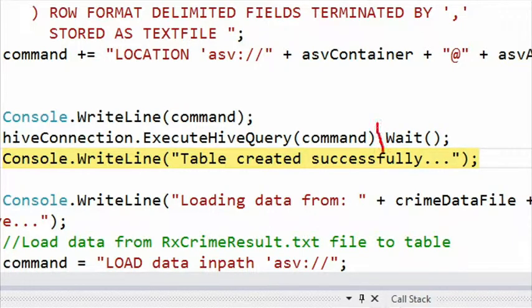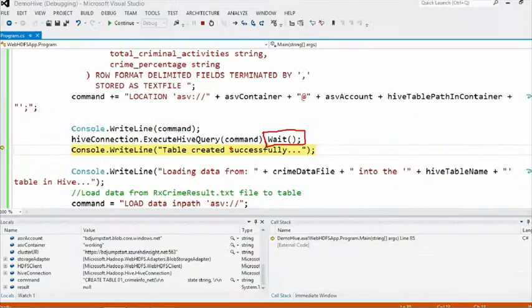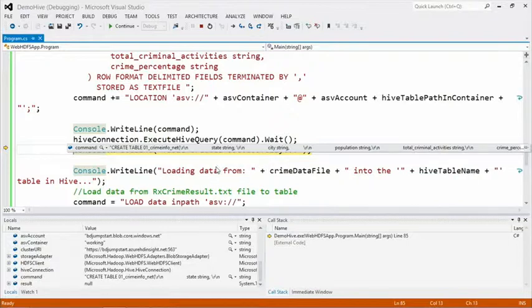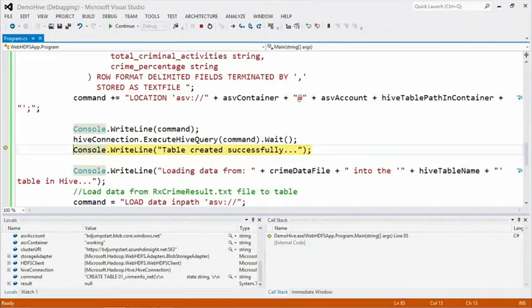Again, if I forgot to use this wait method, what will happen is the load data procedure, which is down here before, would execute right away, wouldn't have a table, and everything would error violently. Well, in the way the code errors, I guess. Right. Okay, so now that our table's created,